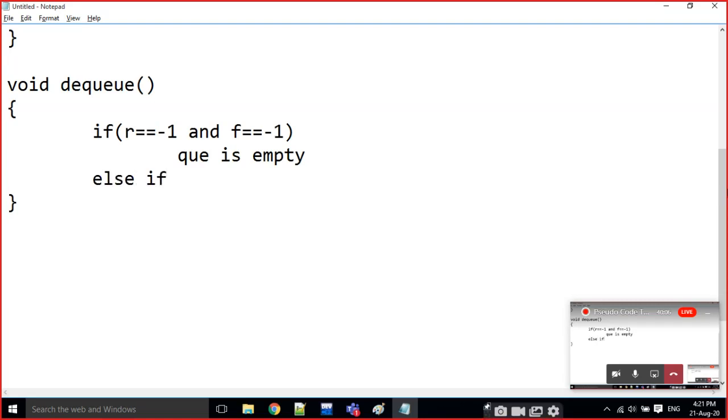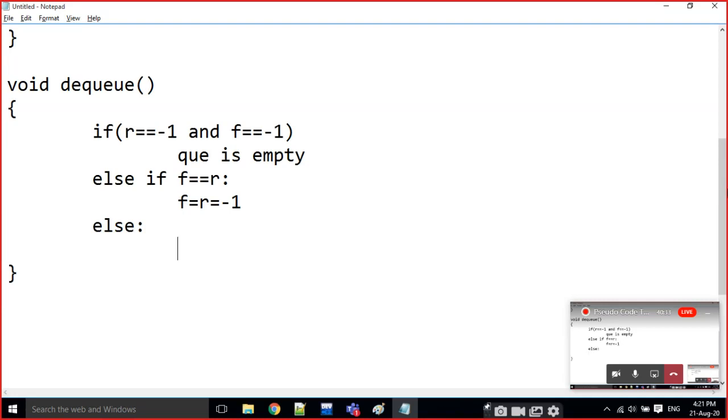Else, if both are at the same position, that means the queue contains only a single value. Now I am going to reset both front and rear equal to -1.